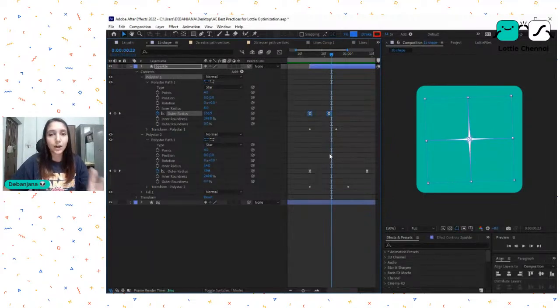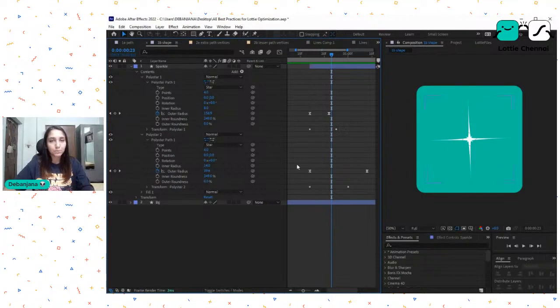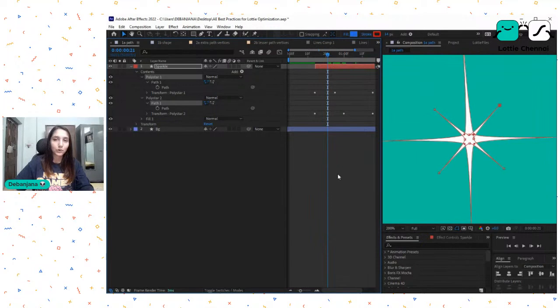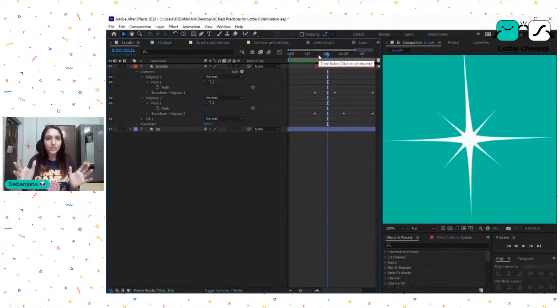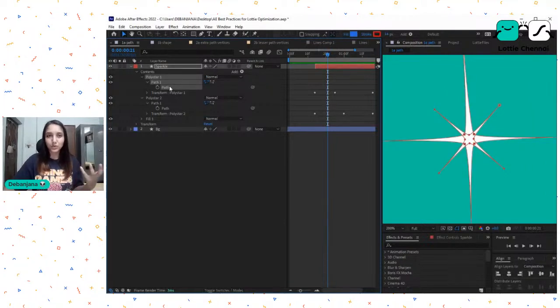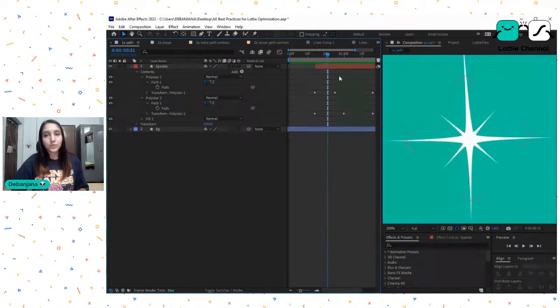So now when it comes to Lottie files, parametric shape paths are rendered lighter than Bezier shape paths. So you should remember this because say your animation is using a lot of circles and geometric shapes. When your animation is using a lot of geometric shapes, you should make sure that you are using parametric shapes and not paths, because if you use paths, then that would make your animation file heavier. But yeah, now obviously